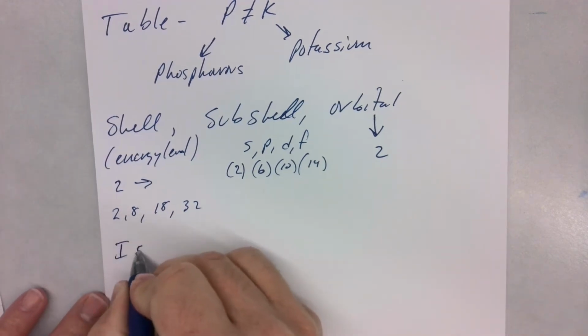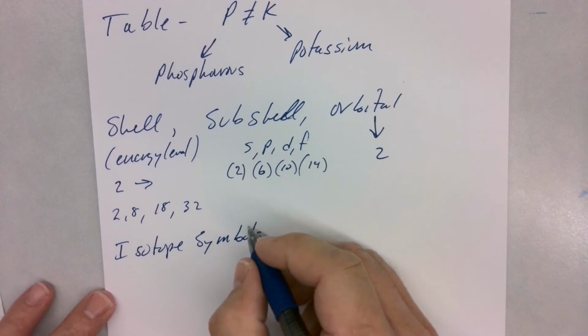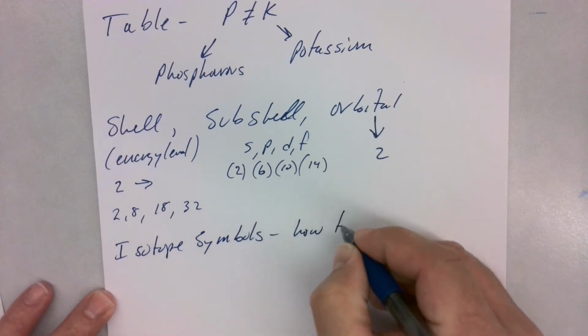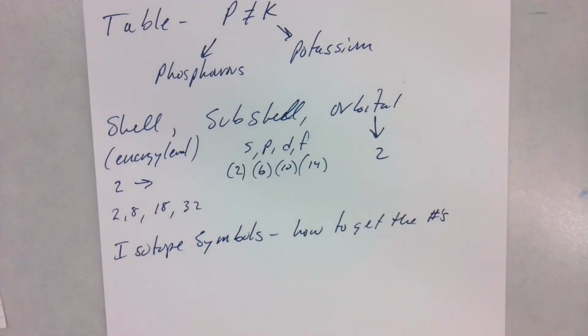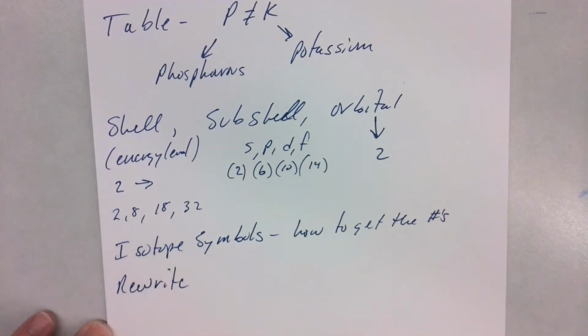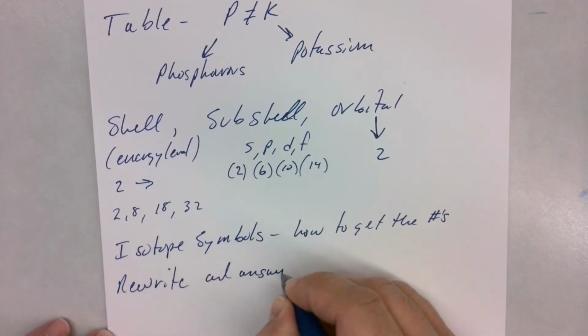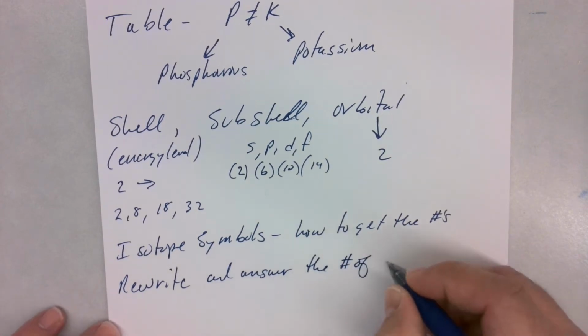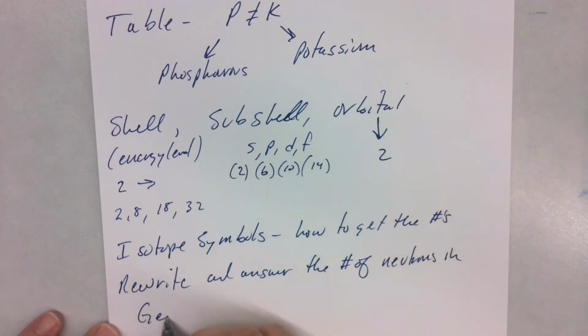So now I've written down isotope symbols and how to get the numbers. Now, I actually covered this twice, which means there must be a couple of questions on this, because third line up on my thing, I wrote rewrite, and these really go together. So it says rewrite and answer the number of neutrons, and then I wrote germanium